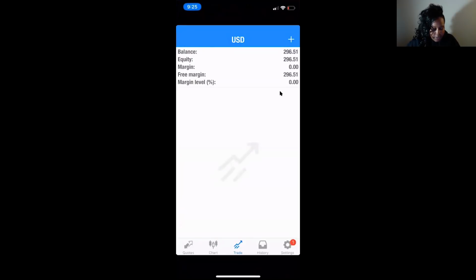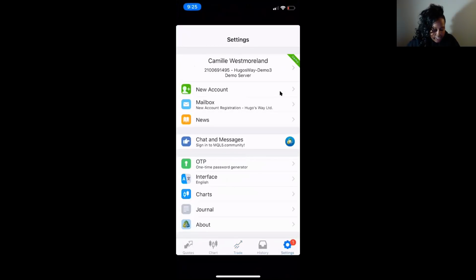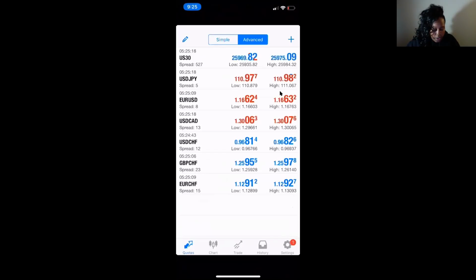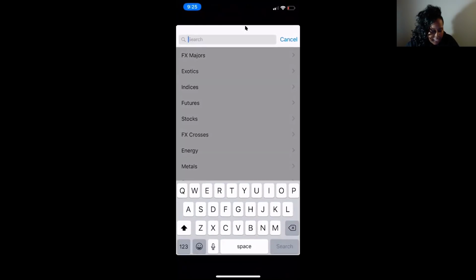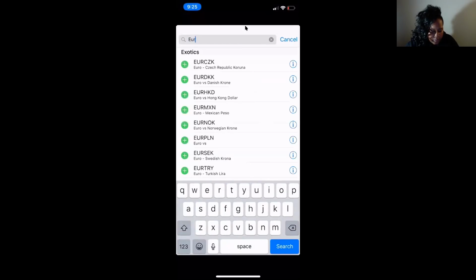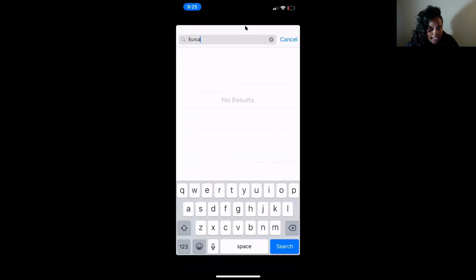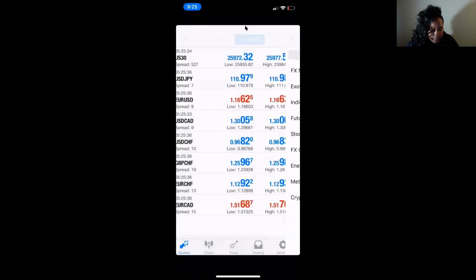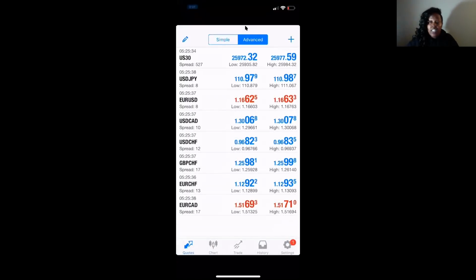This is a demo account. I'm testing out a new strategy in here. So basically, to actually enter a trade, this particular pair that was on the scanner is Euro CAD. If you don't see a particular pair up there, you're going to hit the plus sign, and then you can just search for it. So Euro CAD, you hit the plus to add it here. So if you get an alert from Swipe Trades, or from Dr. Kathy, wherever you get the alert from,